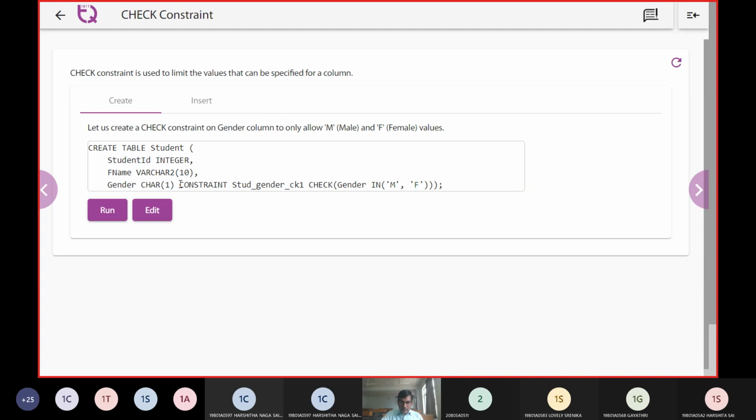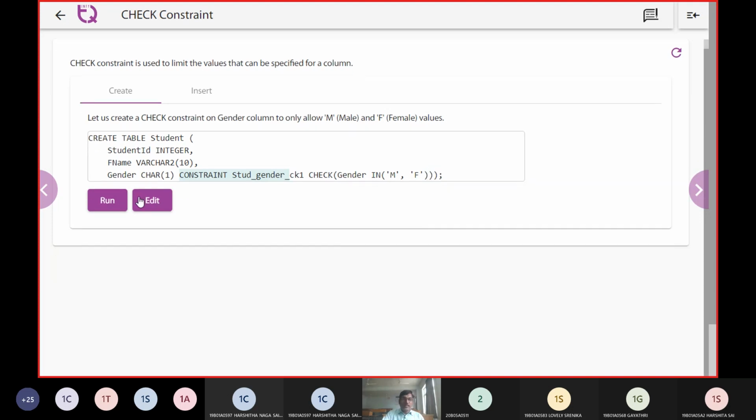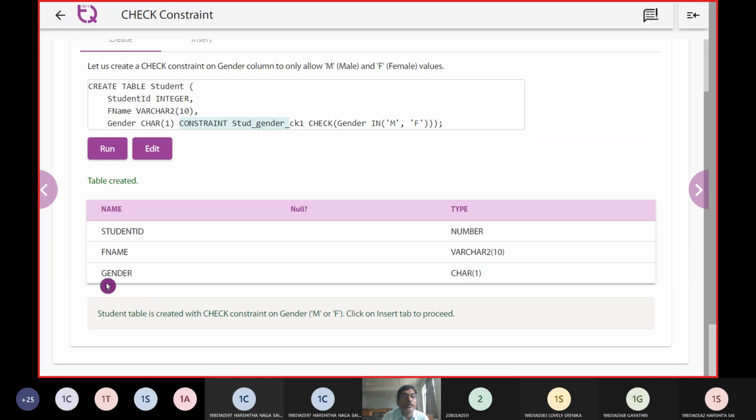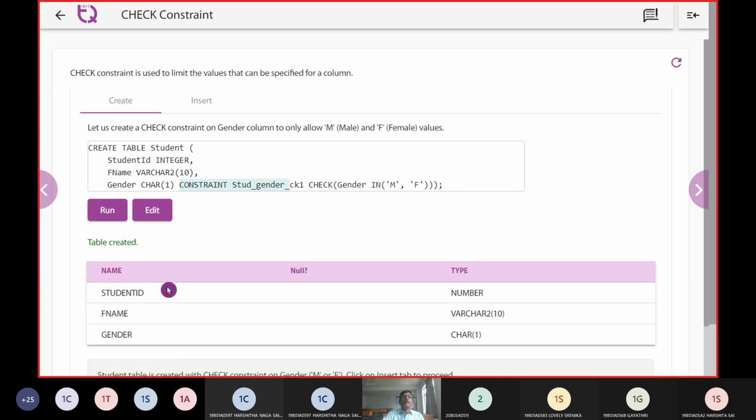We establish a constraint, and the name of the constraint is student_gender, and we verify it with the keyword check. Gender is the column name, and gender should pick up either male or female. If such is the case, then the check constraint is satisfied. You can see here gender is of character 1, and it has a constraint called check.